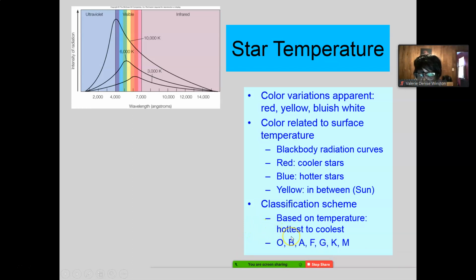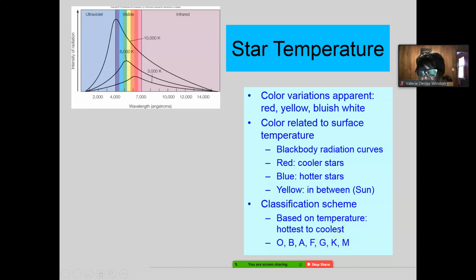The B's are extremely hot. The A's are still quite hot. Now the F's are getting into the white range there. And finally we're into the yellow range with G. That's where we live, in G. Then the cooler stars, sort of the oranger stars, are K, and the redder stars are M. This goes by temperature, okay? The O's, you don't usually see too many of them. B's and A's are very, very hot. The F's on the hot side of things, G right in the middle, K and M.